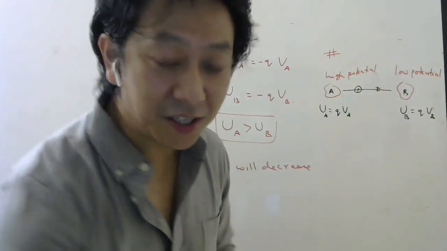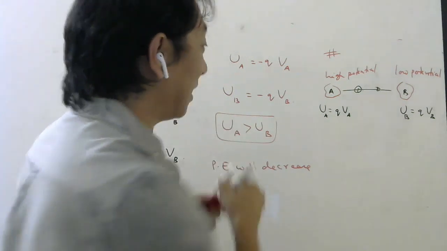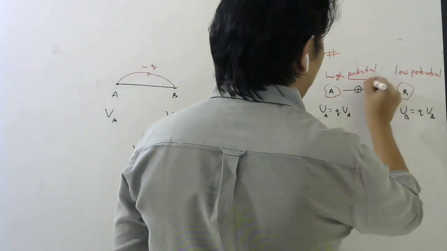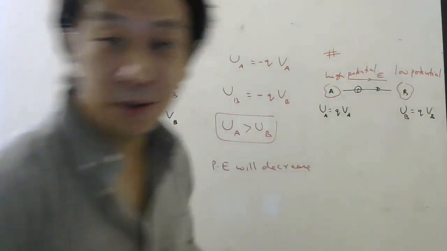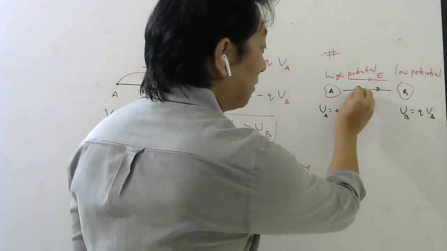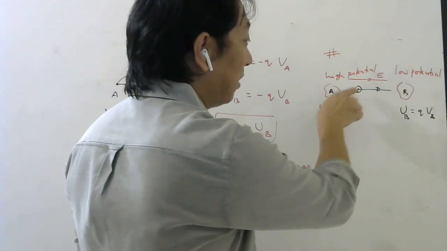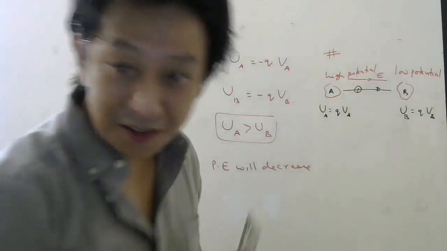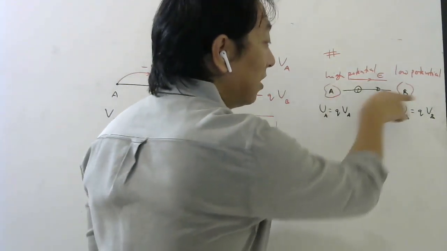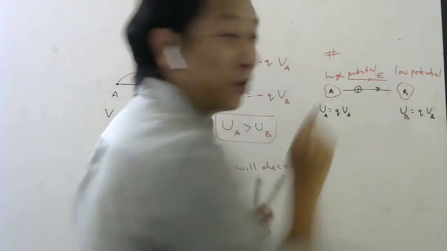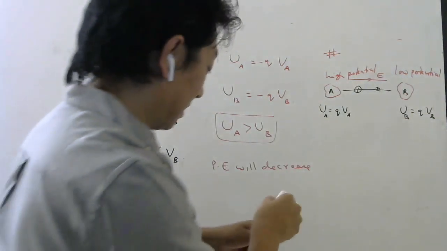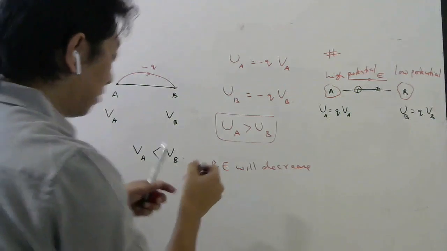Another way to understand is what? If you remember, I used to tell you electric field is from where to where? Higher potential to lower potential. And if you keep positive charge like this alone, then that positive charge will feel force in the direction of electric field. So it will always run from higher potential to lower potential if it is positive charge. Now listen carefully. The same thing if I do for negative charge.